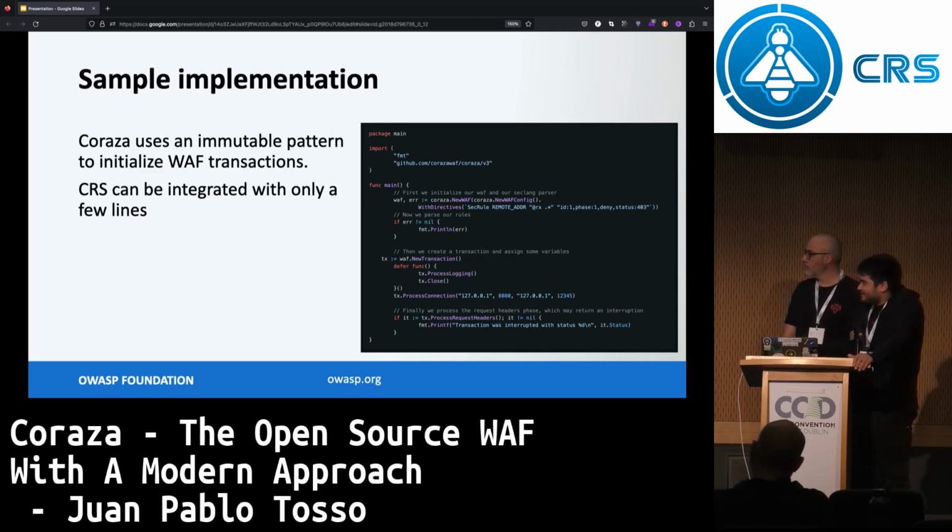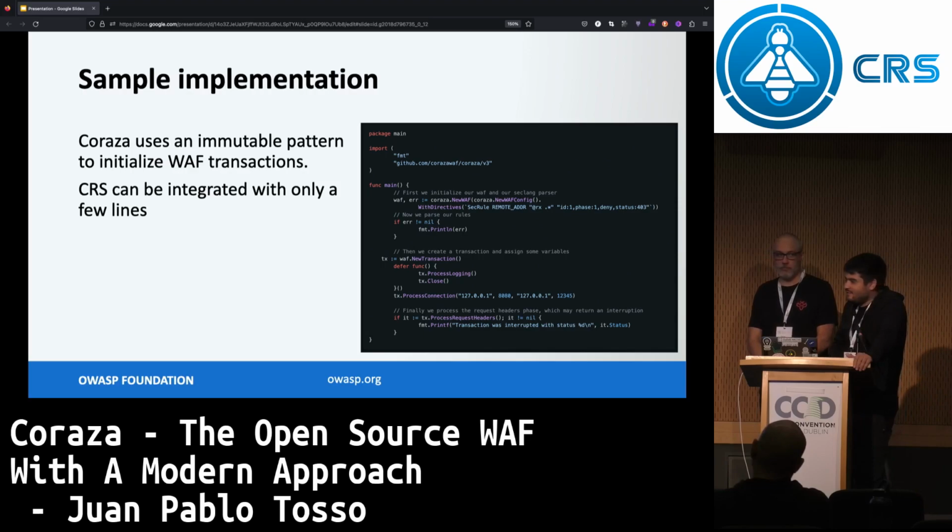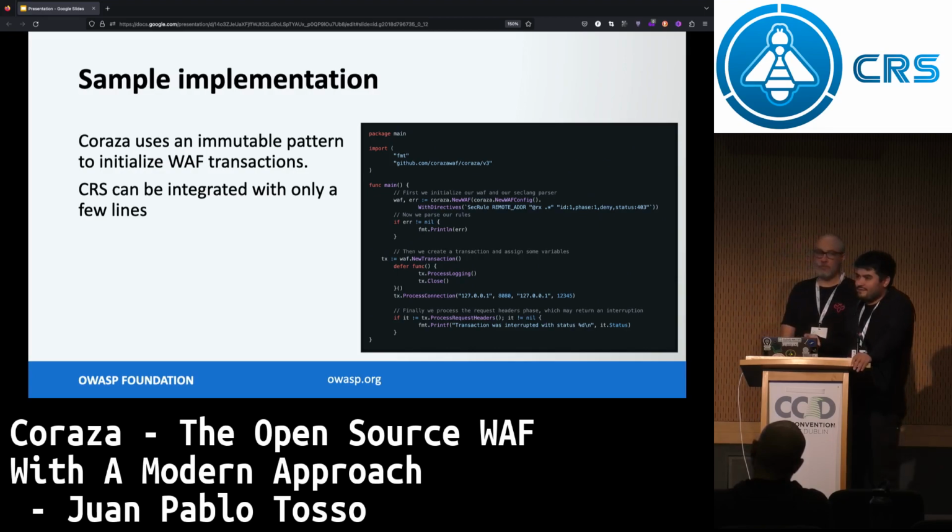This is super crazy about Coraza, but we have to force the logging and closing because Coraza uses many memory optimizations, something called sync pools. So many transactions are created in a big environment. So sync pools allows us to reuse them instead of reallocating the memory. So we recycle the transactions so we can keep using them and save memory allocation.